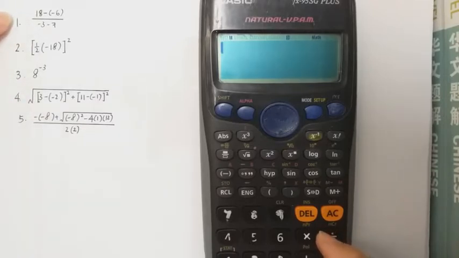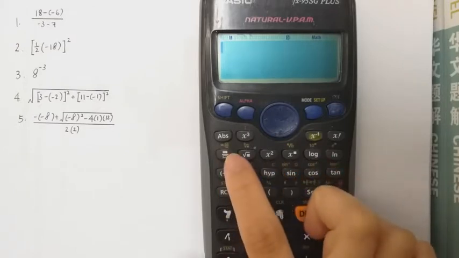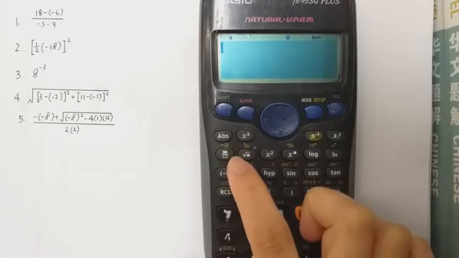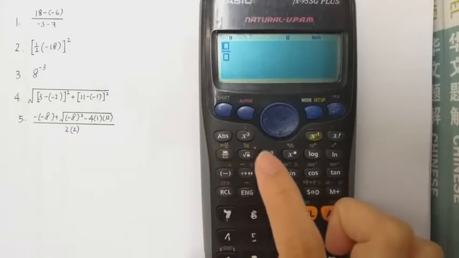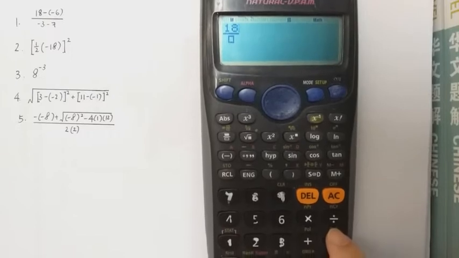So the first example, we have 18 minus negative 6 over negative 3 minus 7. When we have a fraction like this, we will want to use this button where there's a blank space for the numerator over a blank space for the denominator. So let's press that. Key in the numerator, which we have 18 minus, the minus sign is here,